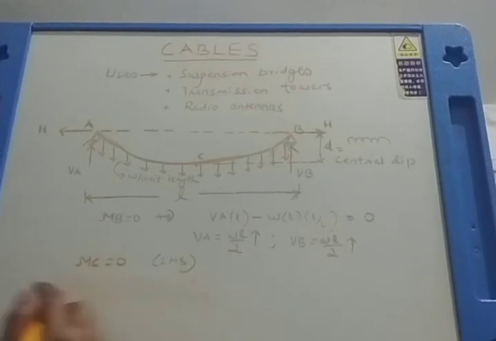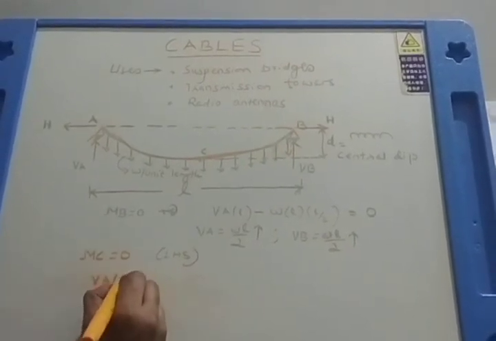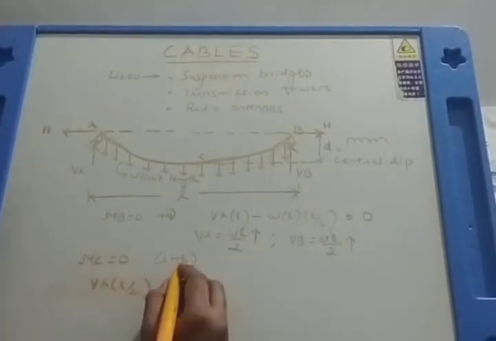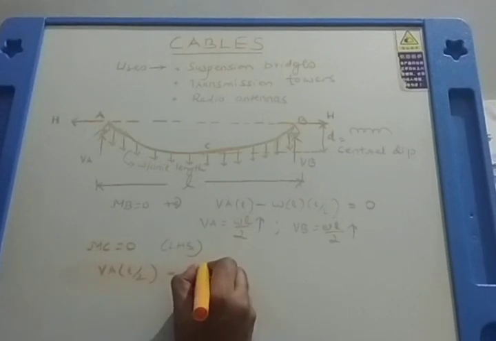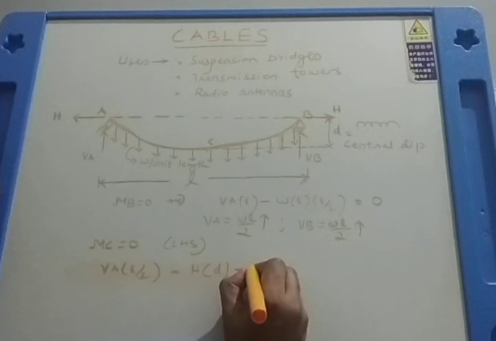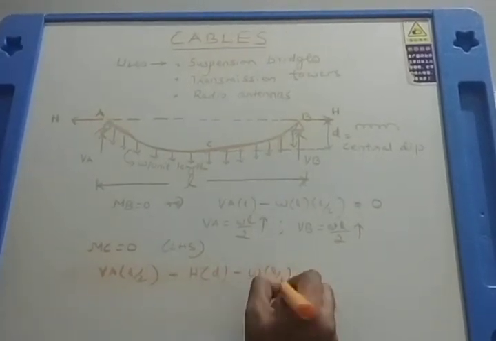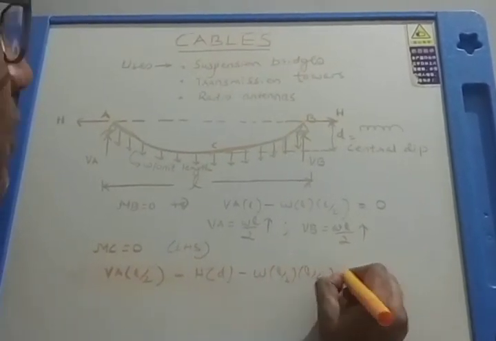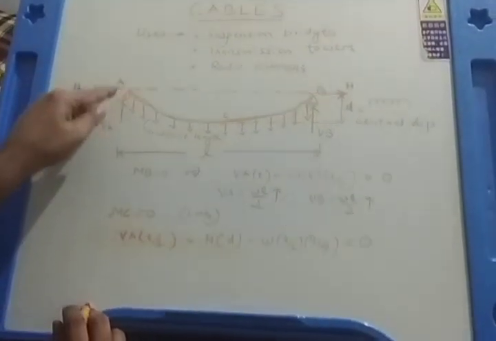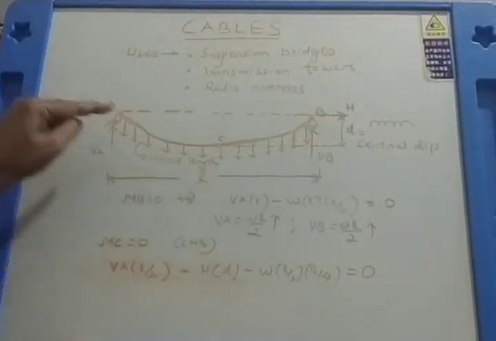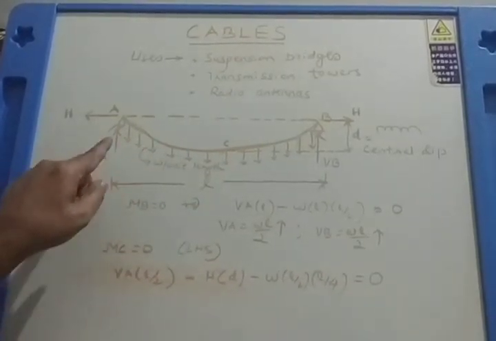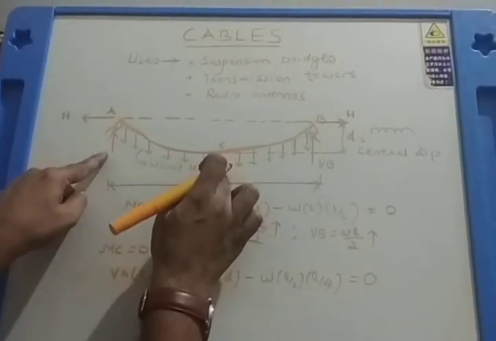Let us take moment at C equal to 0. First VA into L by 2 as it is, because I am taking moment at C, VA into L by 2. Then moment due to H minus H into D anti-clockwise. Then moment due to UDL minus W into L by 2 into L by 4 is equal to 0. Hope you have understood. Again I repeat, moment at C equal to 0, VA into L by 2 clockwise minus H into D anti-clockwise. Then moment due to UDL, that is W into L by 2 into L by 4